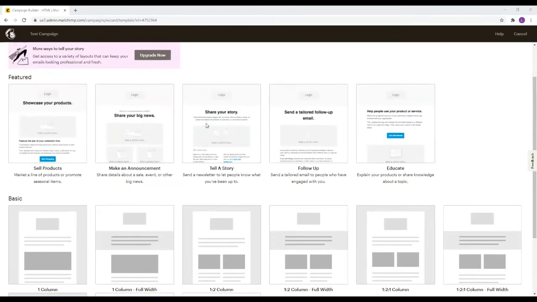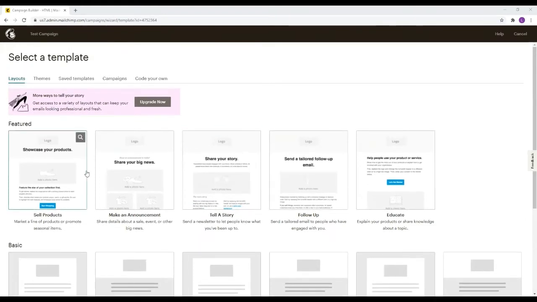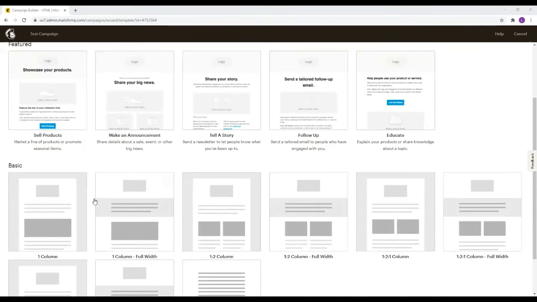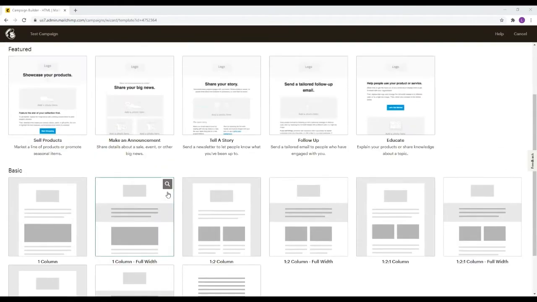And for this kind of an initial marketing campaign, these options are perfect. They cover a variety of topics, and they offer a simple solution to create some content as well. So we're going to use the make an announcement template here as our example. Although obviously you can use some very basic templates if you want to create your own completely from scratch as well. And they're all down here.